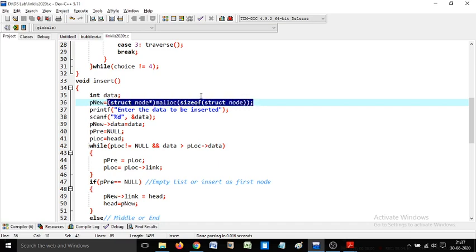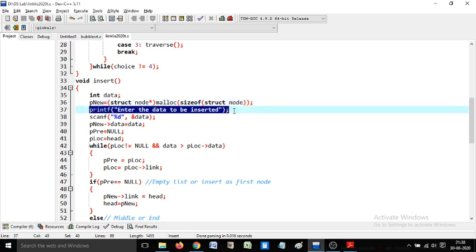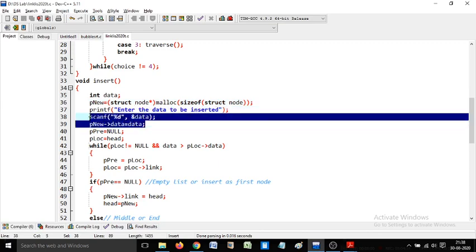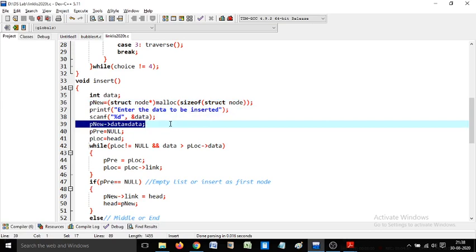I have to create memory equal to the size of the structure node, and it is typecasted and assigned to pnew. At the end of this execution, pnew is pointing to new memory which is capable of holding a data and a link. The next line gets the data from the user and assigns it into the new node. So the new node is now ready to be inserted.